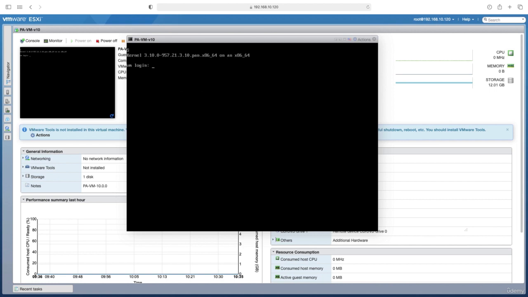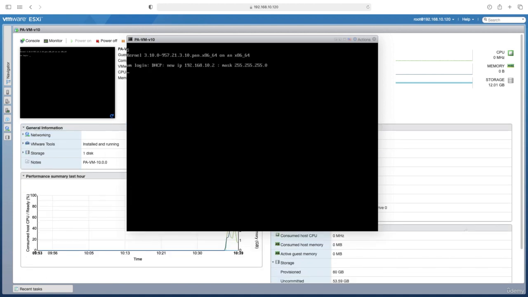Now our installation is partially finished and VM login is written. Right now, when we log in, it will give us the login incorrect warning, because the installation is still going on in the background. Let's wait for about 5 to 6 minutes, then let's log in. Now our background installation is finished. Our firewall got the IP of 192.168.10.2 from the DHCP server.